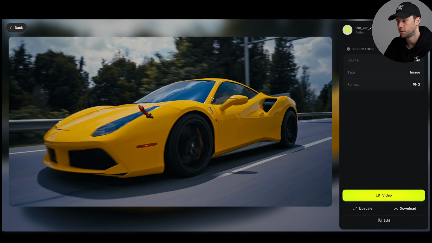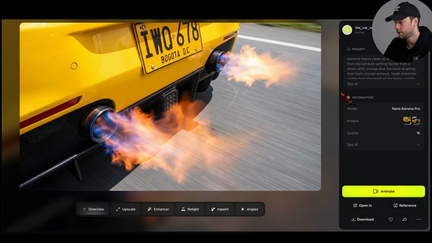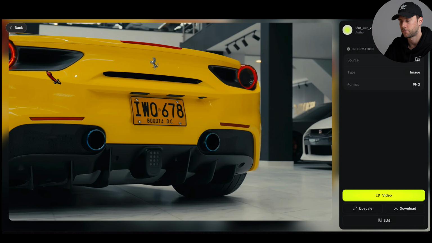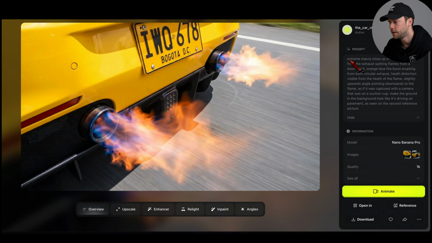One is an actual Ferrari while driving, and here is a screenshot from the rear of the car, so the AI knows exactly what it has to generate and the results are good. Again, good reference images are key to success here. Then I set as a prompt: extreme macro close-up of this exact car from the exhaust, spitting flames from a